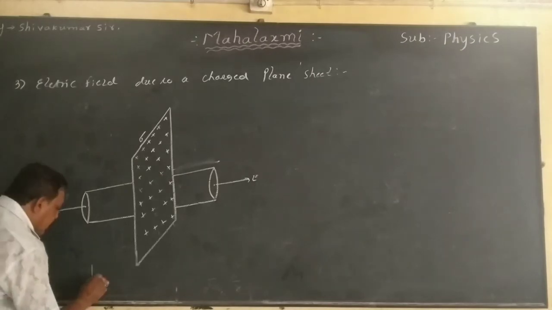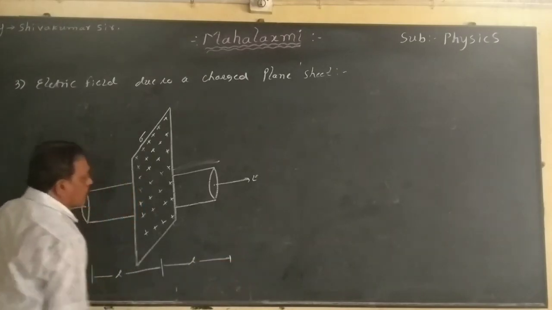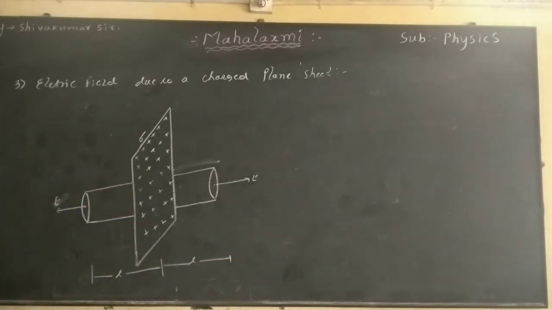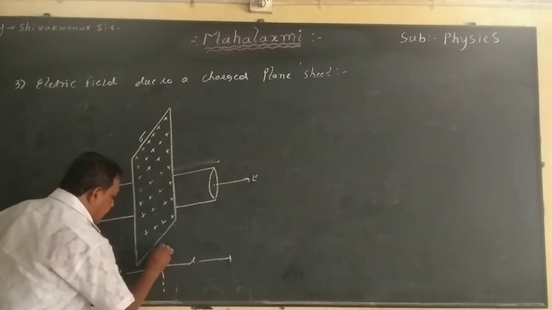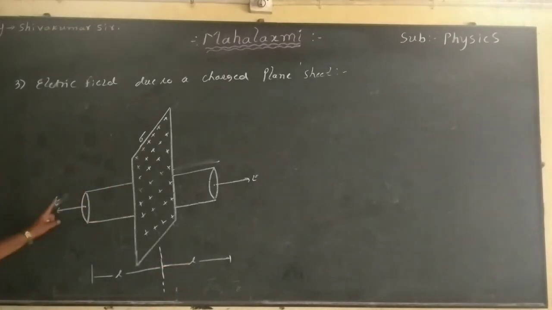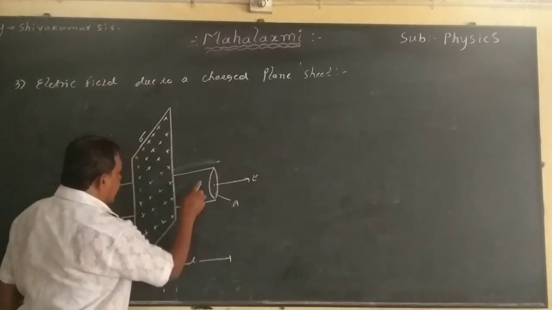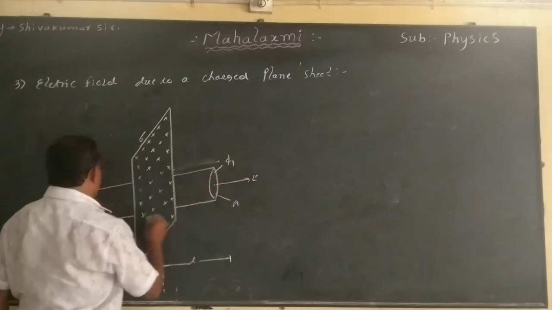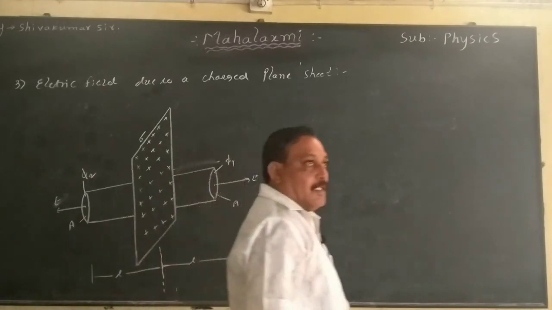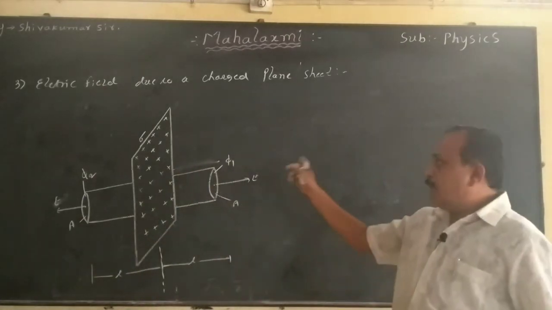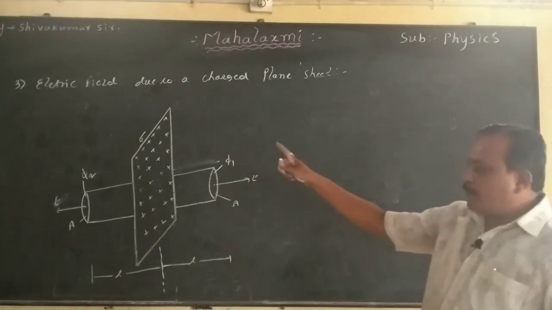And these surfaces are equidistant from the center of the sheet at a distance L. Take that. Then they are equidistant from the center of the sheet. Right? Don't get confused. Then this is having the area A, uniform cross-section area. Now this surface encloses the electric flux phi1. This surface encloses electric flux phi2. Then I need both the surfaces. Then the total electric flux enclosed by the surface is phi equals phi1 plus phi2.